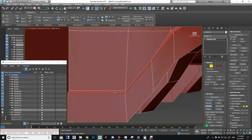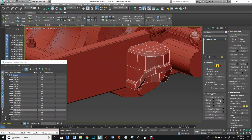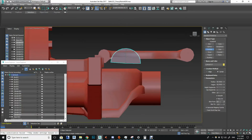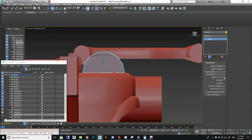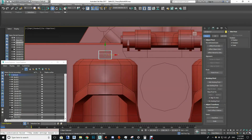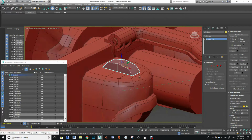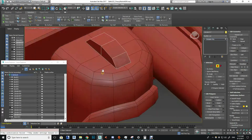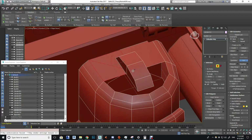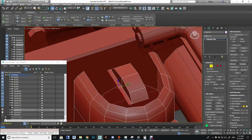Now I'm just working on that top shape, which is simply just a cylinder, and then rather than slice it in half, I just use the option when you create a cylinder to start it at 0 and only go to 180, and that gives you that half cylinder shape. And then once it's converted to an edit poly, just deleting the underside of that, and then I can use the bridge tool to weld all that together to actually make it part of the top of the